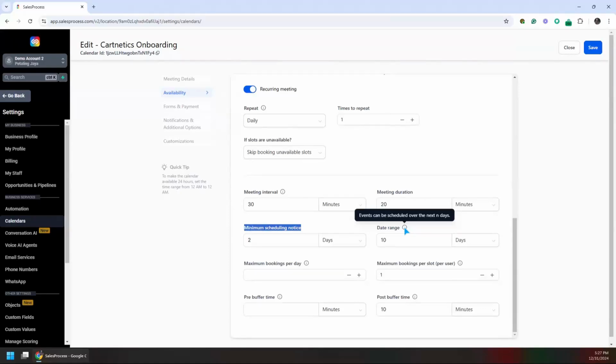Right now in here, it's showing the 10 days. So that means for the next 10 days, my calendar would be open for booking so that he could book within those 10 days. The 11th day, it would show as unavailable. So if I want to go on vacation or take off, I have like a 10 days buffer time with me. I can set it on the 11th day as unavailable,